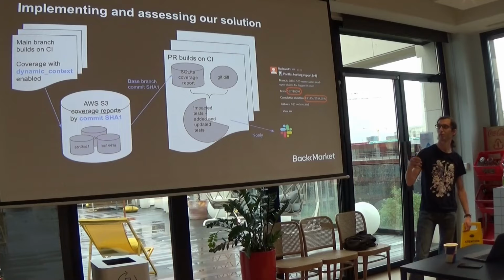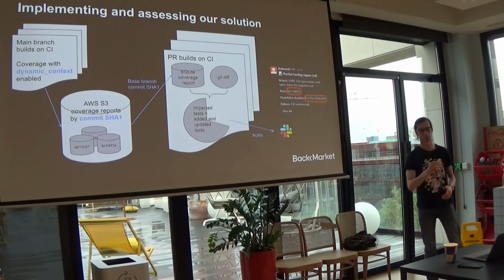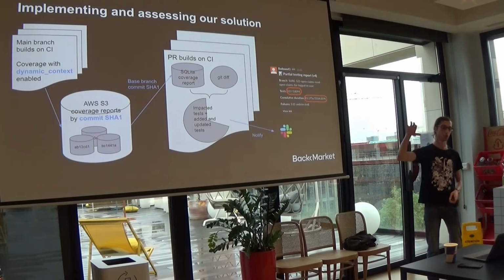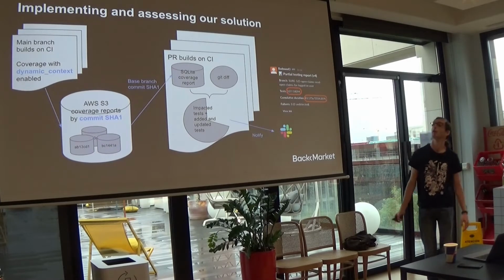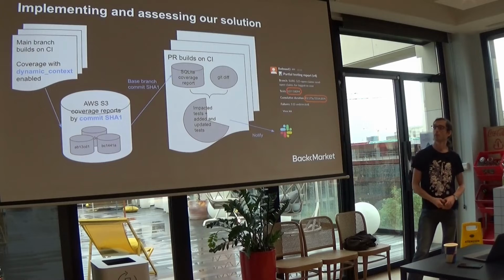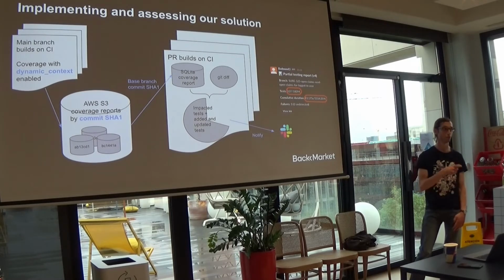we run the test for coverage with the dynamic context enabled, as shown earlier. And we upload the coverage report to an external remote server. We use AWS S3, but you can use whatever you want. And we upload a file based on the commit SHA-1 of the head branch,